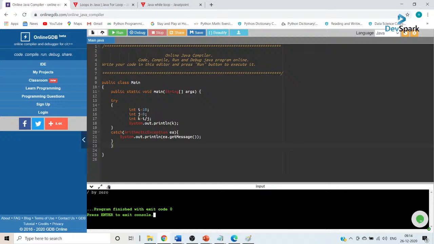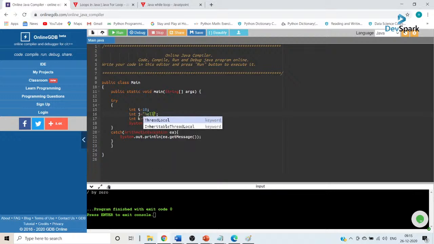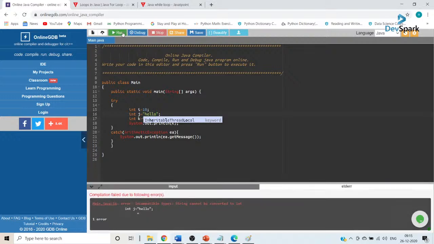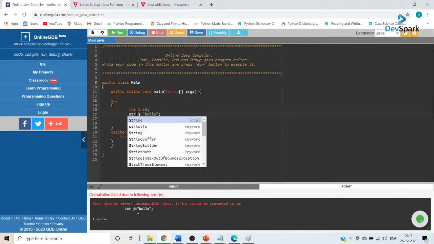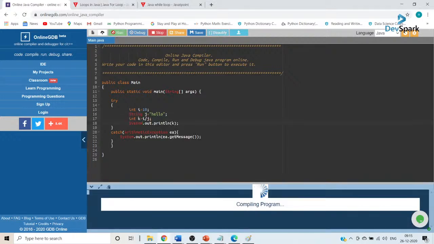Now if the value is say hello, which is a string type, in this case if at all I run this, then see the program will come back, or say I'll just put it as str, I'm sorry, string. Now once I run this,